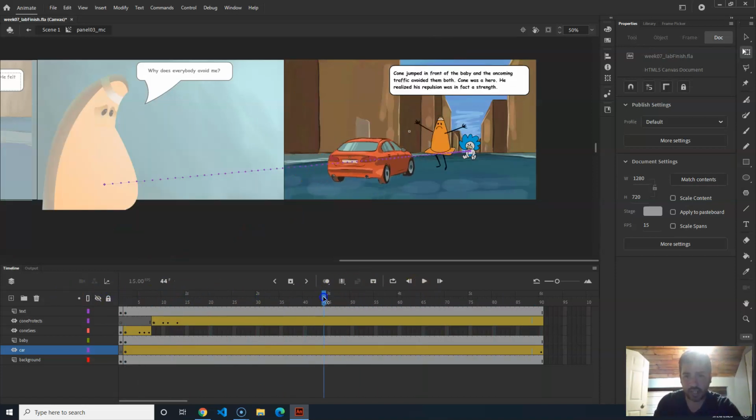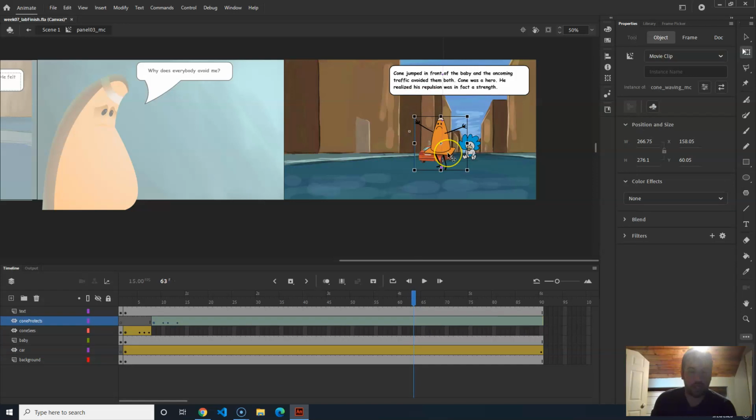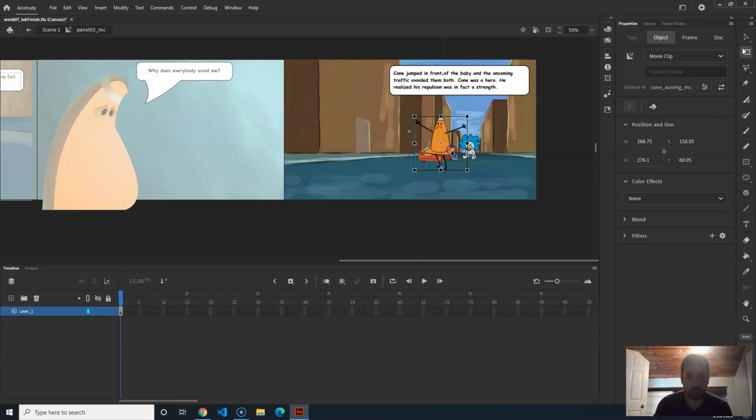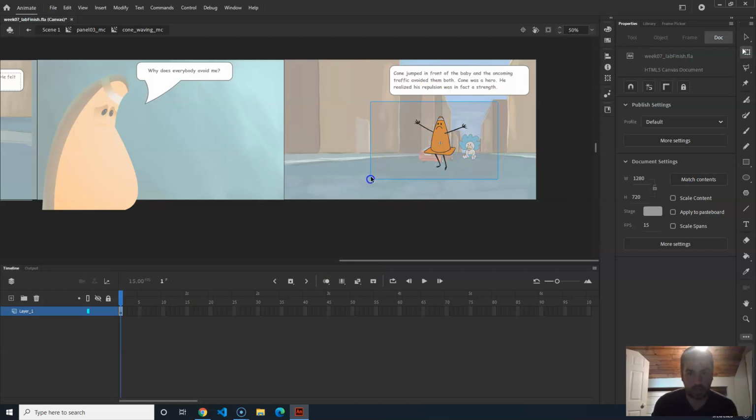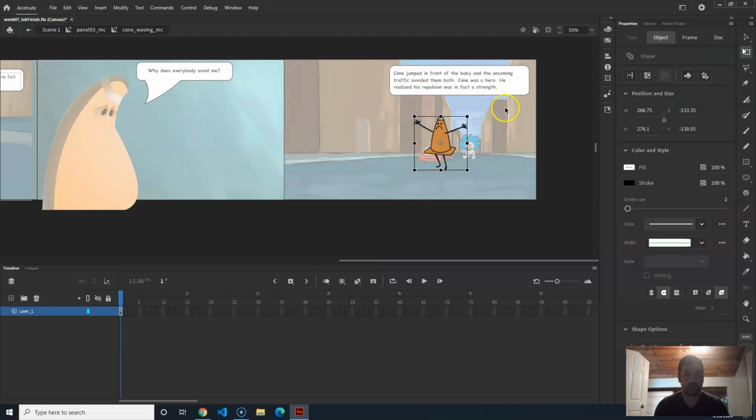Now the other thing I want to do is, you can see he's putting his arms out. It'd be better if maybe he was waving them. So what I'm going to do is inside of this symbol, I'm going to go ahead and build the puppet. Okay. So we're going to double click on it, and now we're inside of that cone. And right now it's just a drawing. So we're going to kind of do like we did last time when we did the hierarchical puppet, where we had points, where we had parenting,